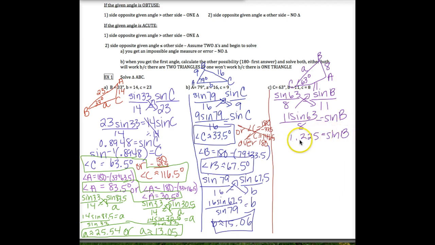So inverse sine of 1.225 will give us the measure of angle B. And when you press that in, your calculator says error,